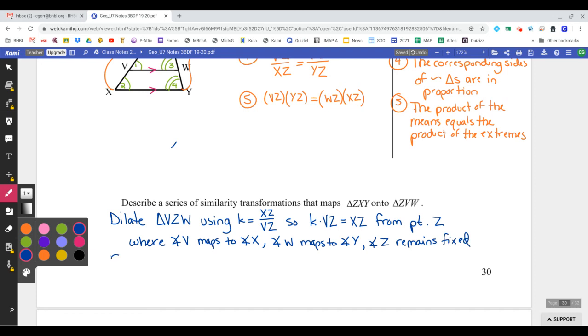So since dilations preserve our angle measures, then my triangles are going to stay similar to each other. So ZXY is similar to triangle